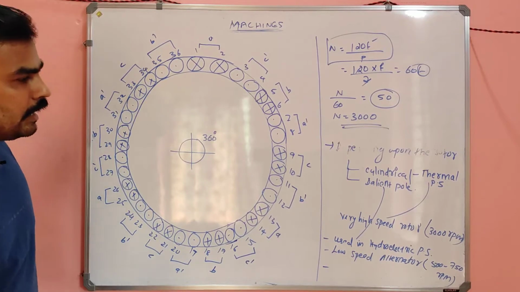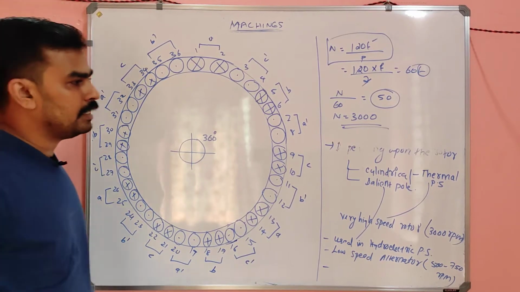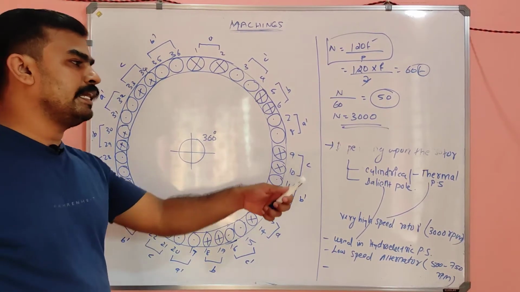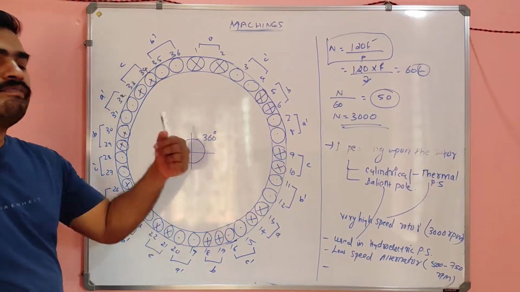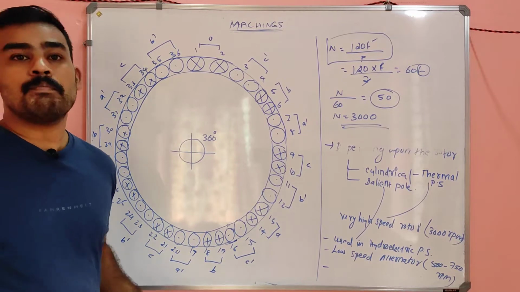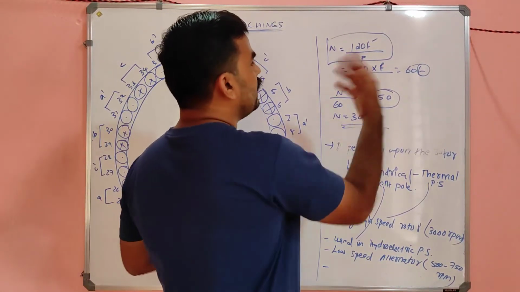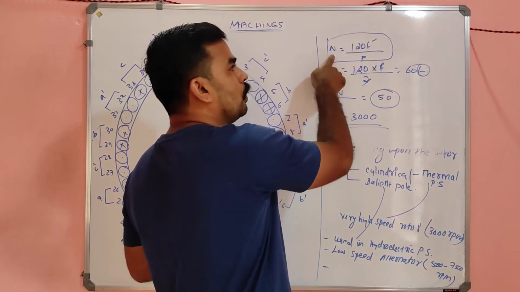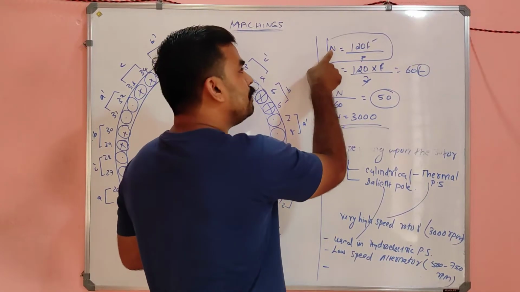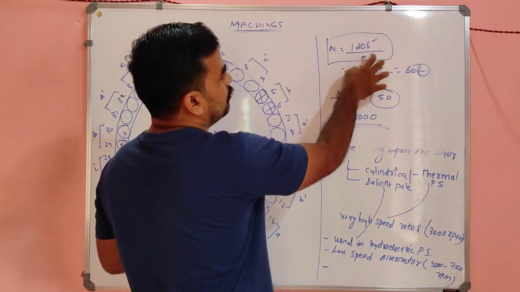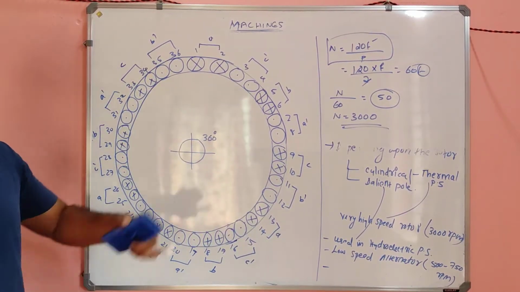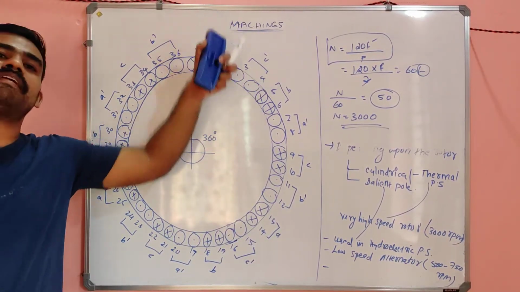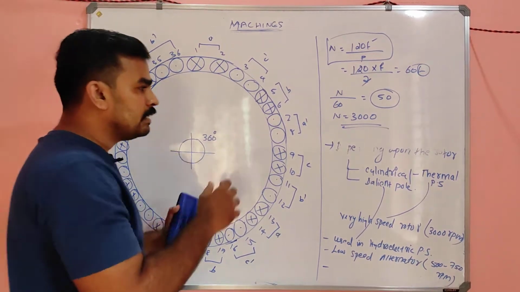And one more thing in cylindrical and salient pole types. Cylindrical alternators are used in high speed applications and contain very few poles, because the salient pole alternator, I already told you, is a low speed alternator. If N should be very high, then P should be very low. So in a cylindrical alternator,